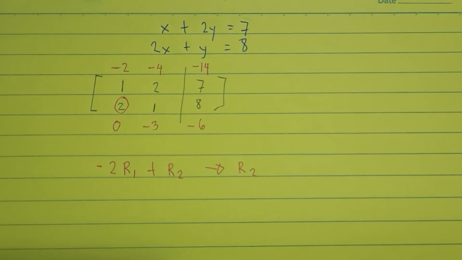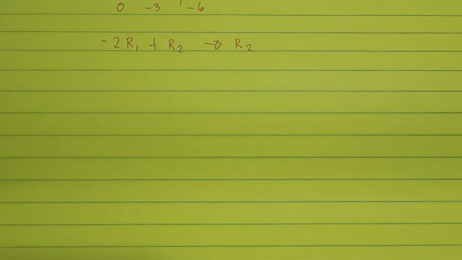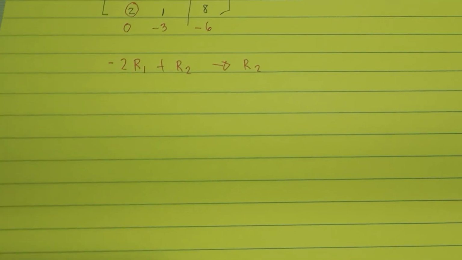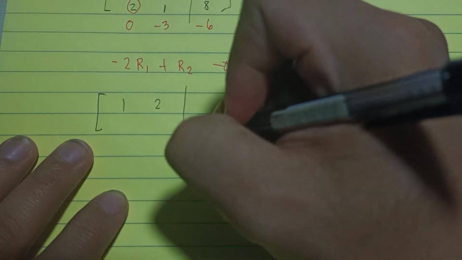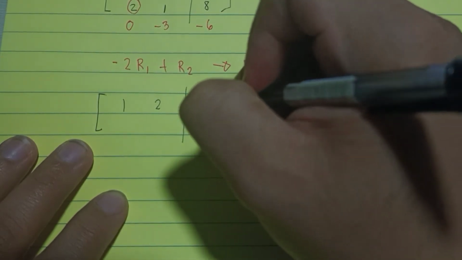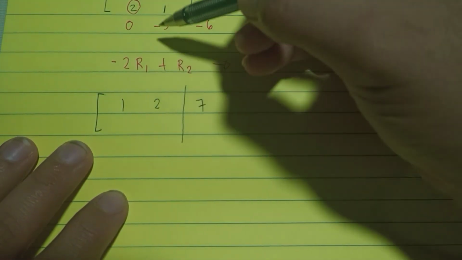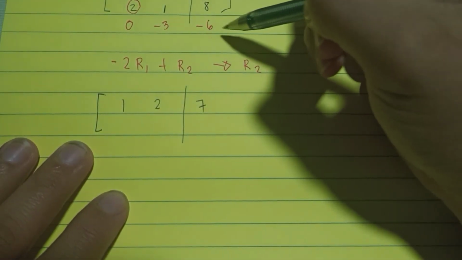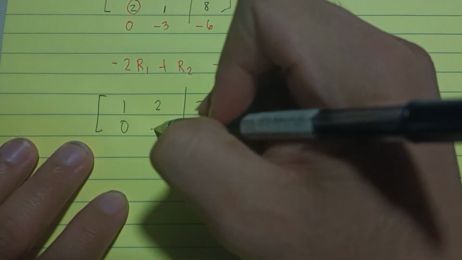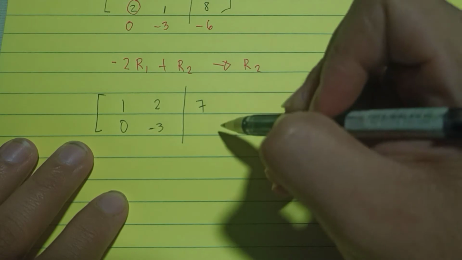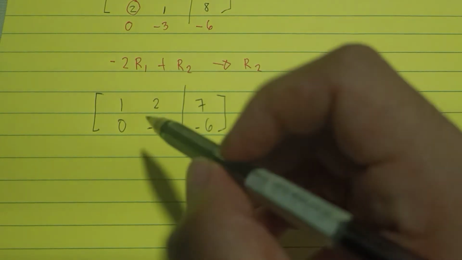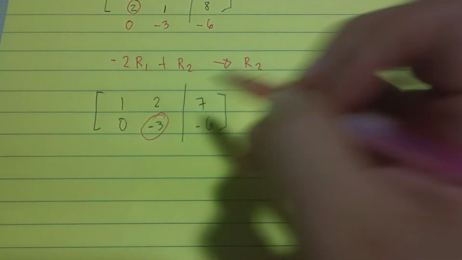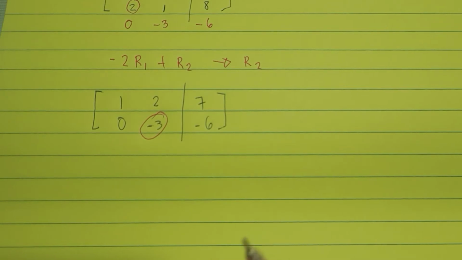So let's rewrite it. Our new matrix: row 1 will stay the same, 1, 2, 7. Then our new value for the second row is 0, negative 3, and negative 6. So now our next goal is to change this negative 3 to 1, and for that